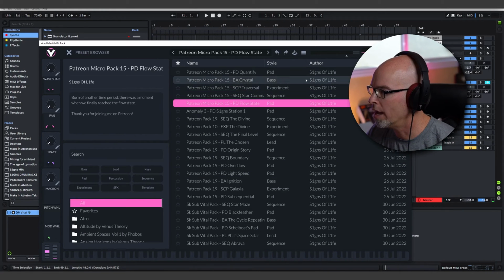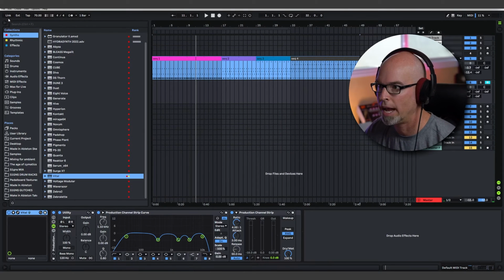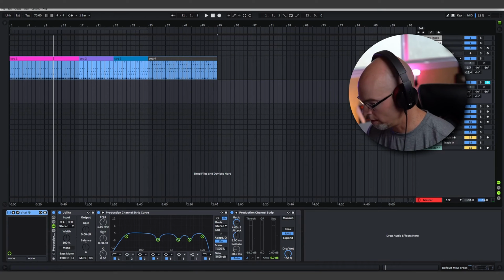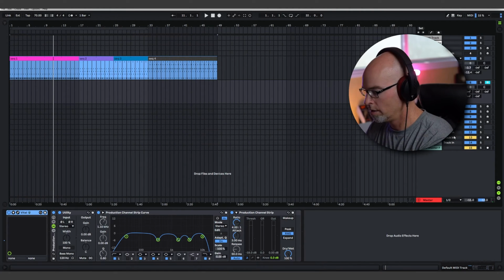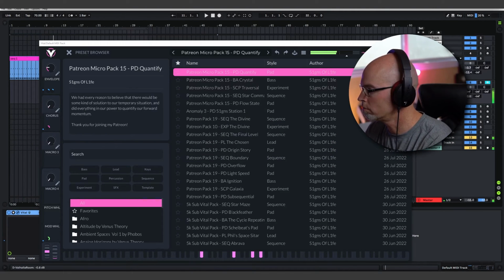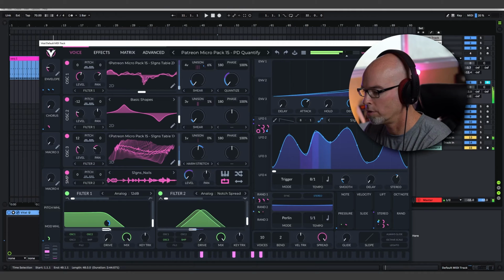How about that new pad? Either Quantify or Flow State. Let's use this, the new pad for the new Patreon pack that I just released. And let's make sure we're in the right key. That's good. We're going to lower the filters here. We're going to make this a very